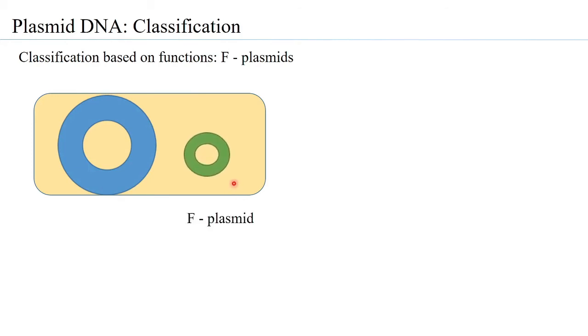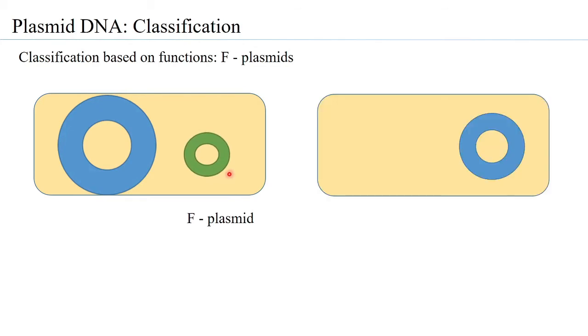Now, what is interesting is that this F plasmid is able to transfer the F plasmid into a bacteria that has no F plasmid. So what the F plasmid does is it is able to form what is called a bridge or a tube between a bacteria that has the F plasmid and another bacteria that does not have the F plasmid. So this F plasmid makes a copy of itself, and that copy is transferred through the tube into the bacteria